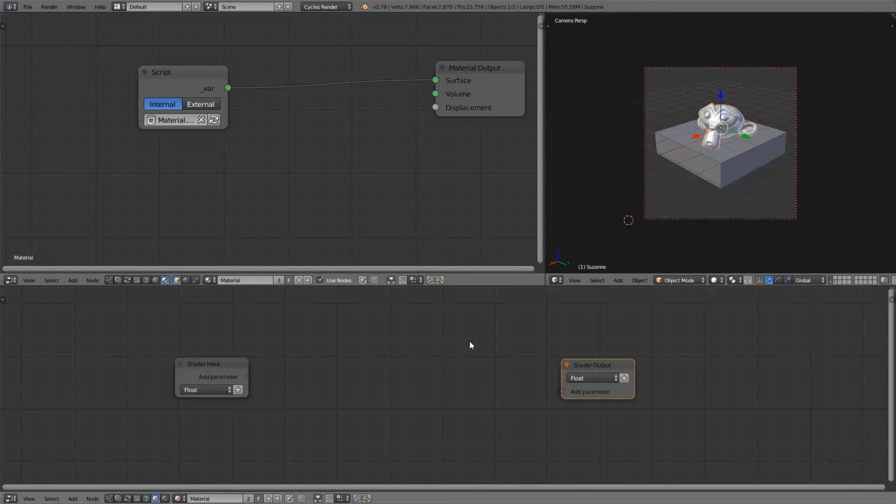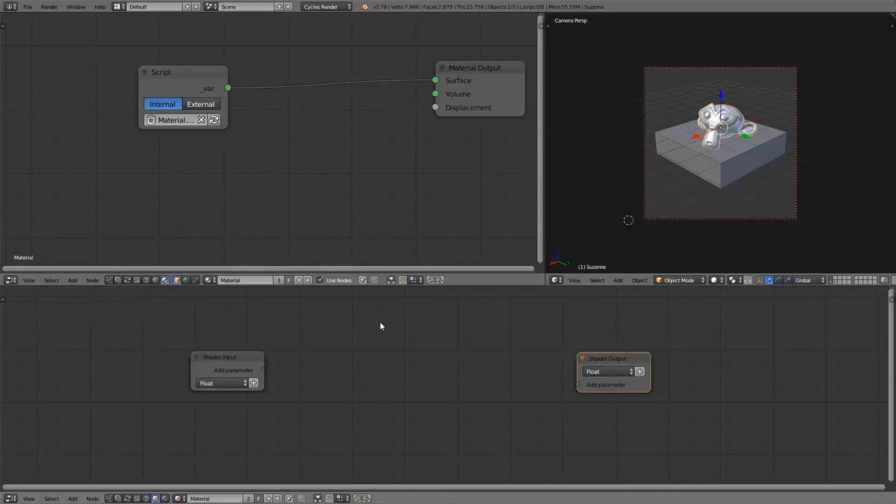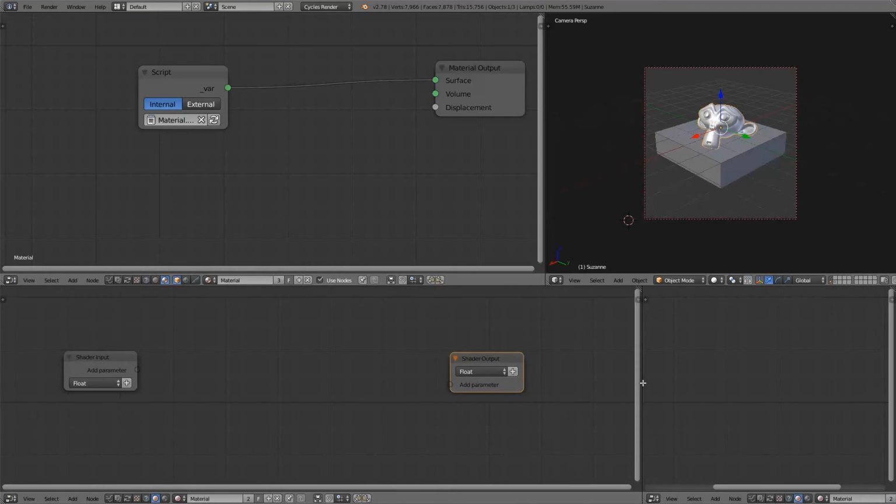In this video I will be talking about a special type of functions, the if functions. If functions allow you to execute certain parts of your node tree based on some condition. In this example we'll be creating a material that switches between a diffuse and glossy shader based on a single input value. To do so, we'll need to create two if functions, one for the diffuse shader and one for